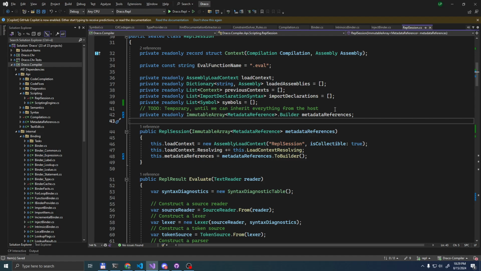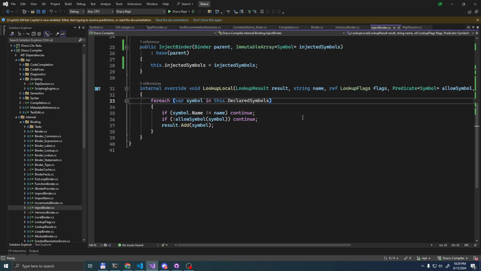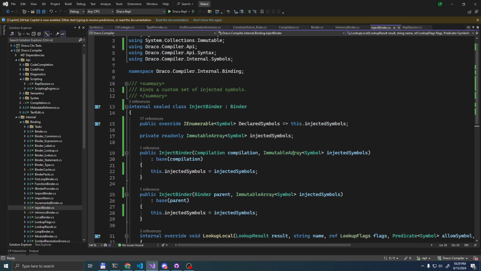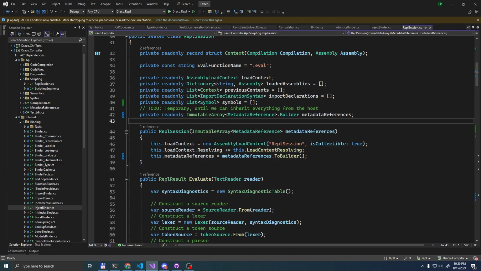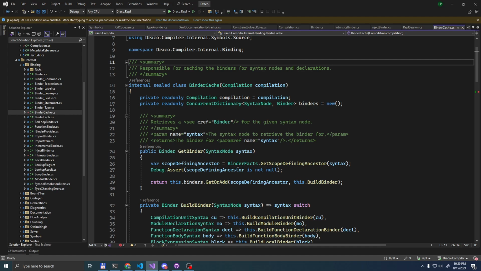And what are we missing? Oh yeah, updating the inject binder. So now inject binder won't actually take... let's see if the call site for that actually noticed the change. It should have. Where's binder cache?